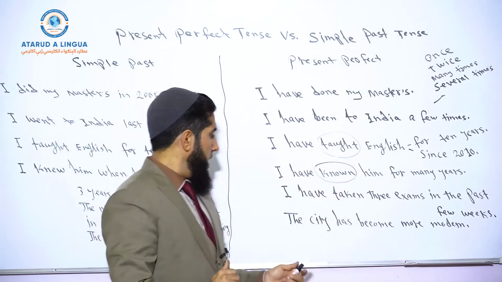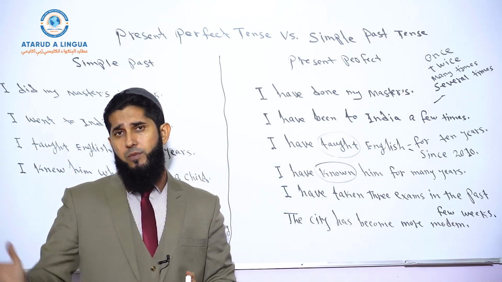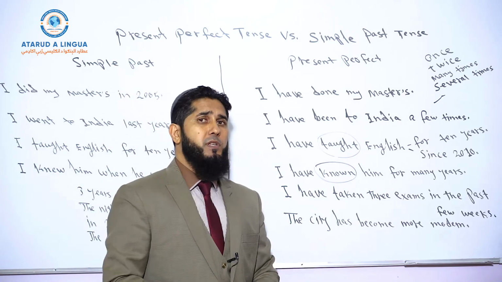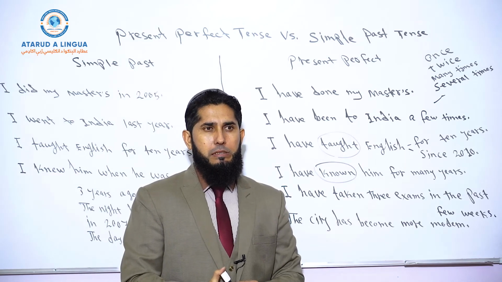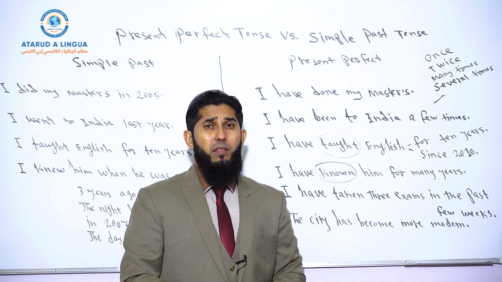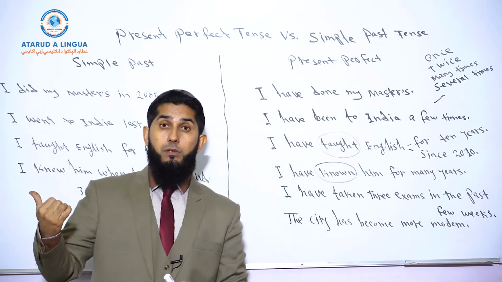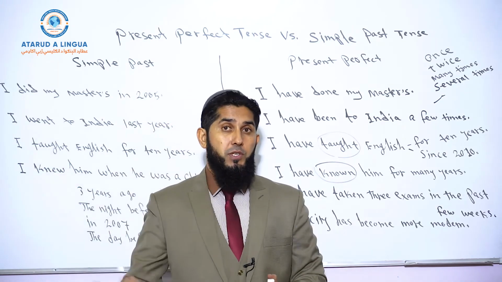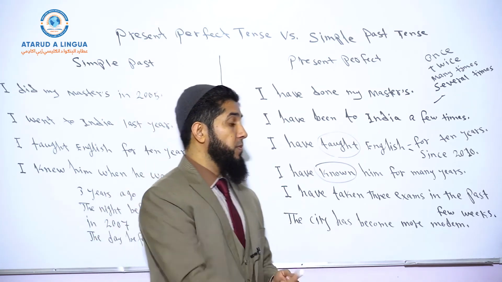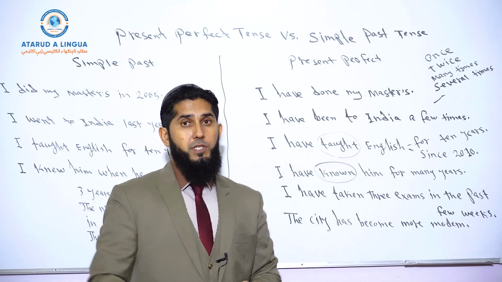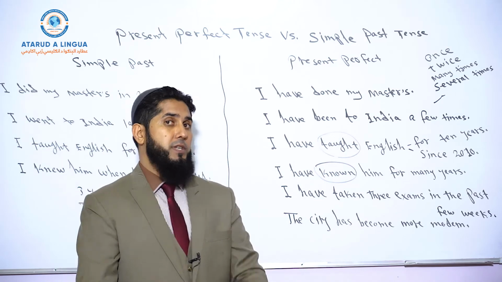And finally, if you see a kind of physical change in someone or in something, commonly present perfect tense is used in that case. For example, you lived in this city, and 10 years ago, you left this city and you went abroad. You went to another country. And after 10 years, you came back and you see that there are a lot of changes. So you say, the city has become very modern. The city has become very beautiful. So you talk about a kind of physical change.